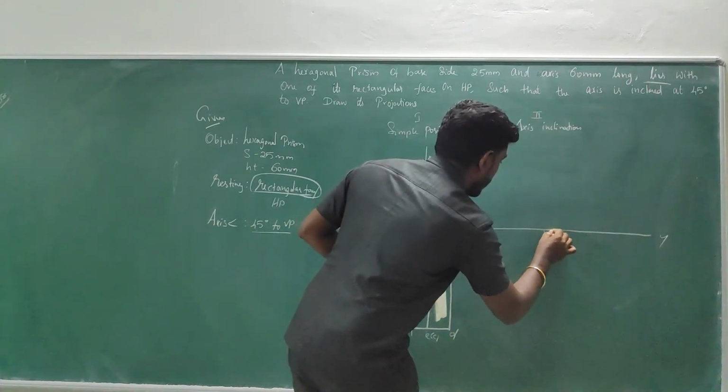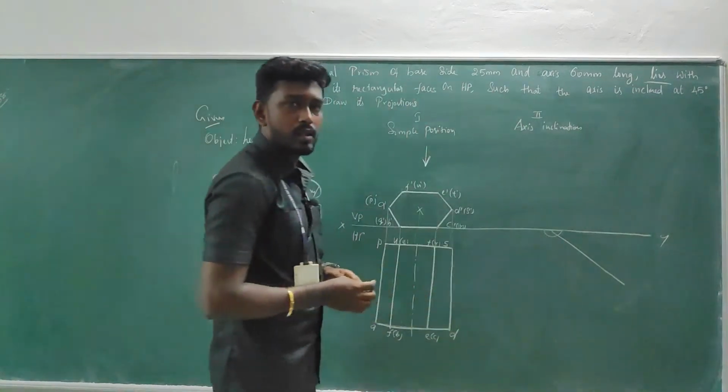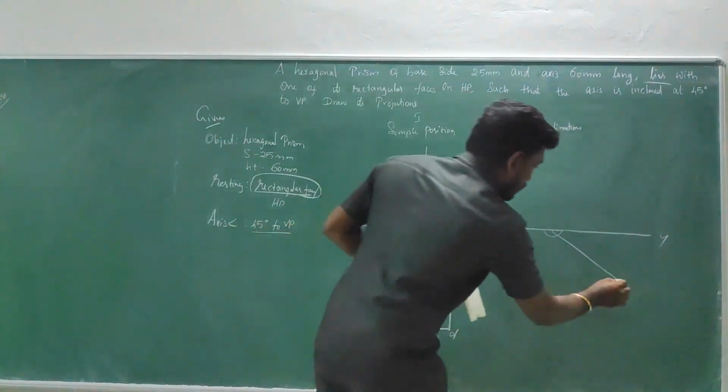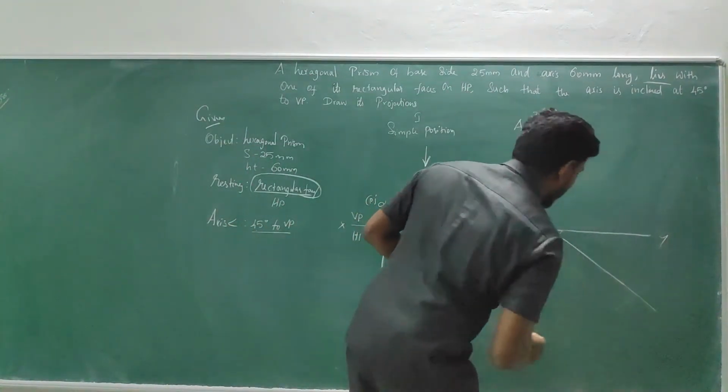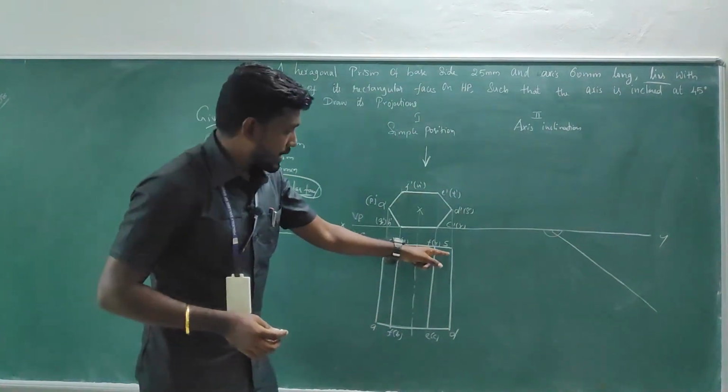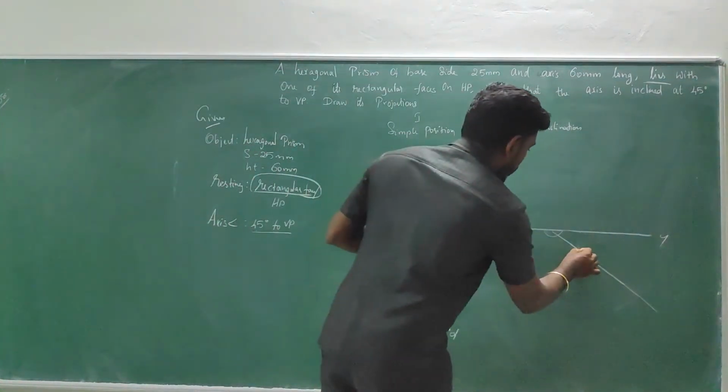So now taking, the line will be coming. Fine. So now this is a 45 degree inclined line. I am going to take the edge SD. First of all, I am going to note S.